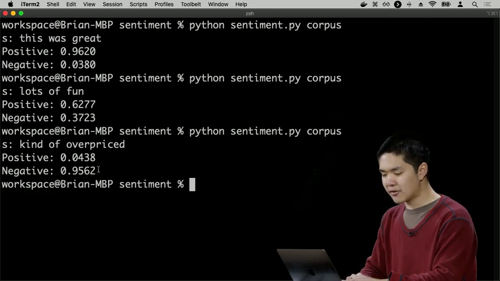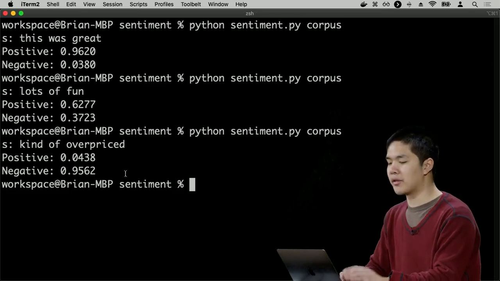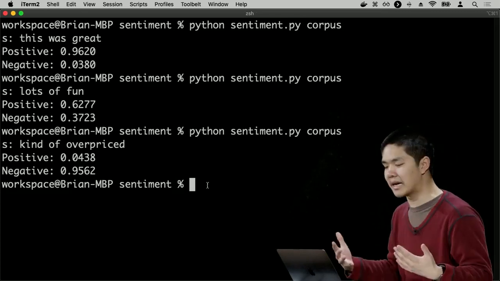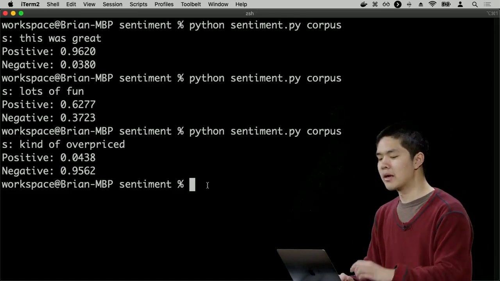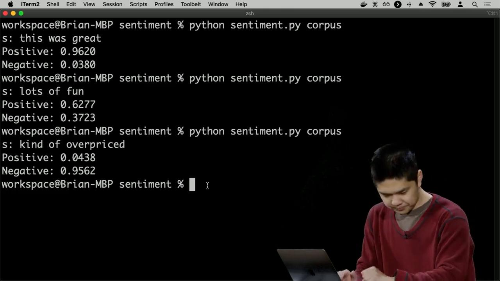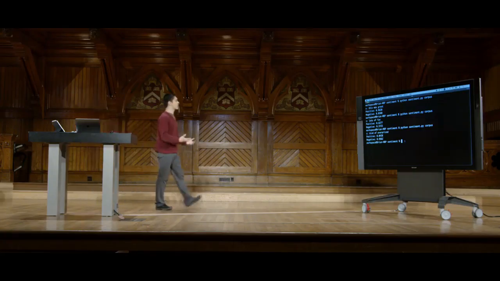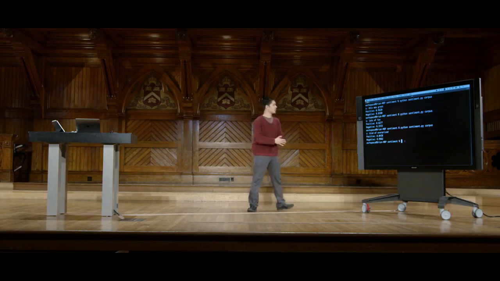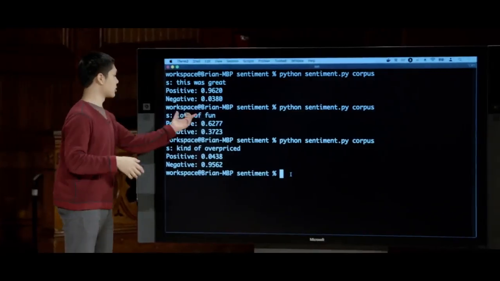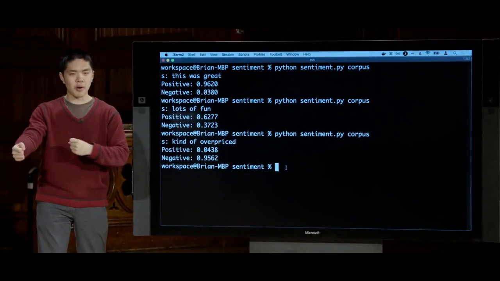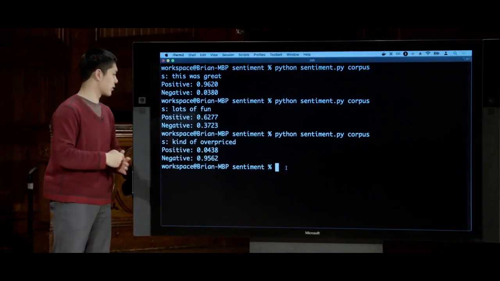And all right, now 95%, 96% sure that this is a negative sentiment, likely because of the word "overpriced," because it's shown up in a negative sentiment expression before, and therefore it thinks, you know what, this is probably going to be a negative sentence. And so naive Bayes has now given us the ability to classify text. Given enough training data, given enough examples, we can train our AI to be able to look at natural language, human words, figure out which words are likely to show up in positive as opposed to negative sentiment messages,